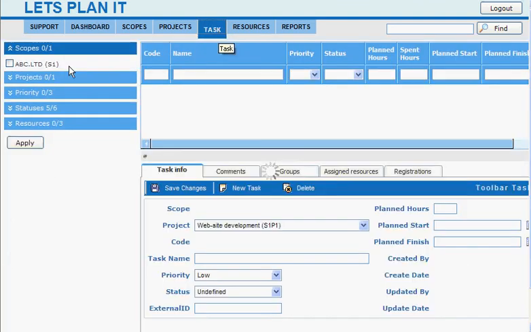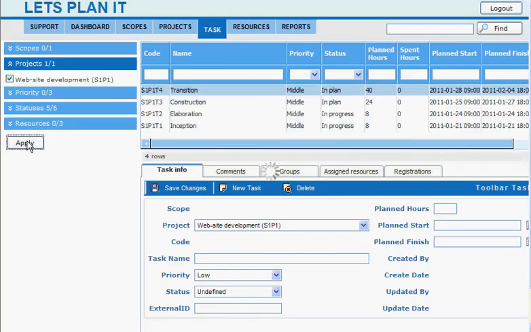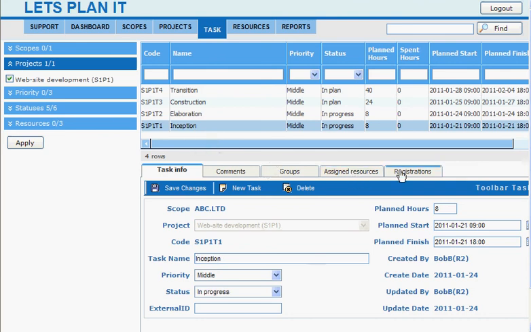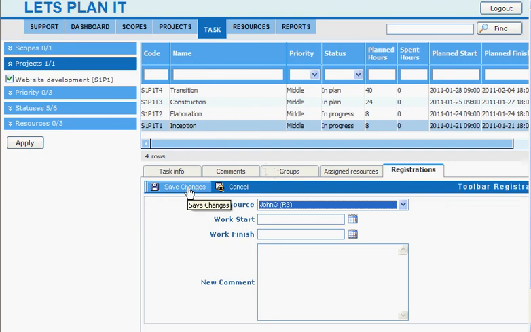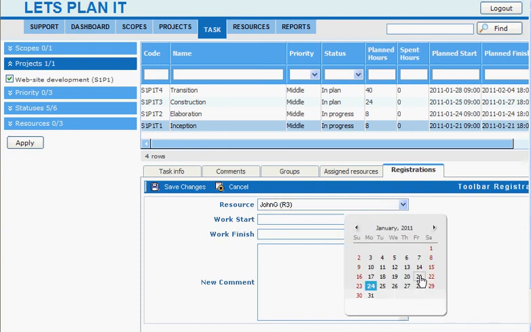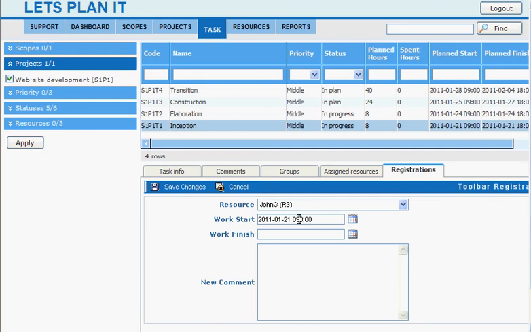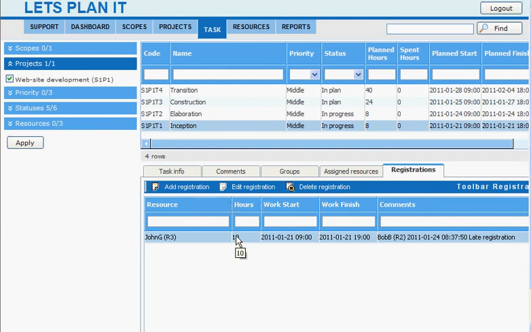He goes to tasks and he checks the project, selects Inception and goes to registrations, and here he can add a registration, and of course it will be John because John is the single assigned developer for this task. And well, Bob knows that John is an accurate guy. He started as planned, and he actually worked a little bit later. And doing manual registration, the manager must put a comment, and he says, well, late registration. So now 10 hours are registered for John,